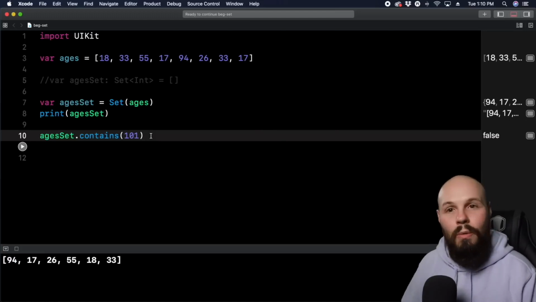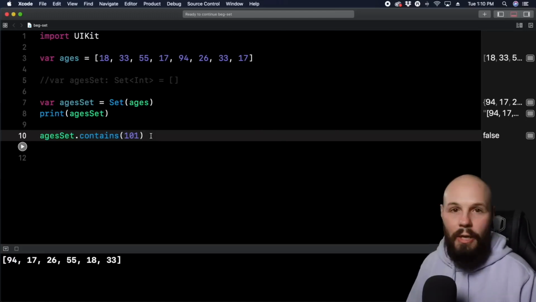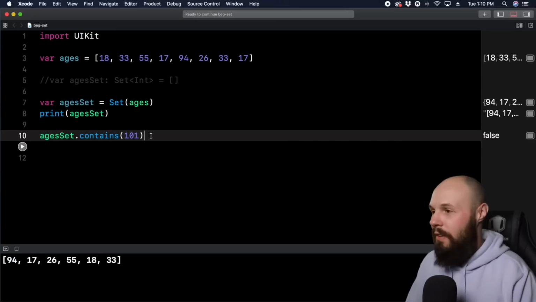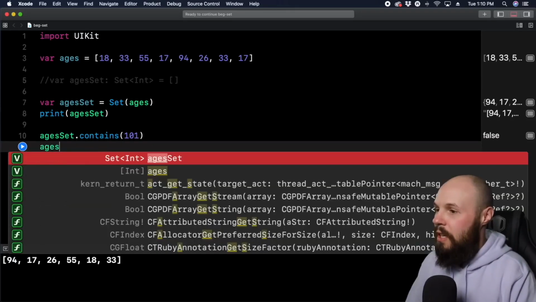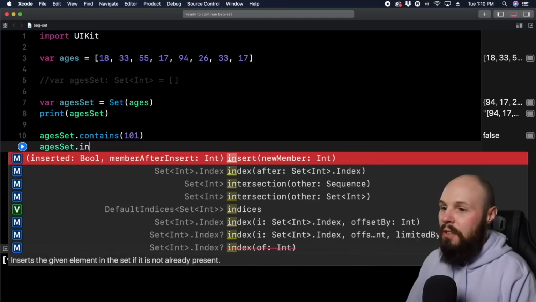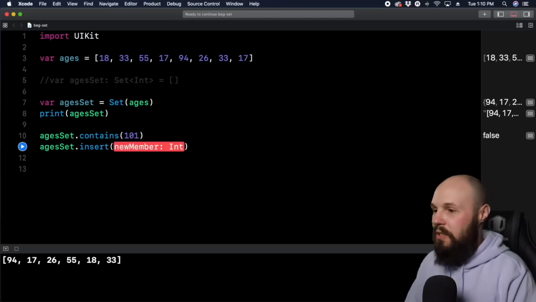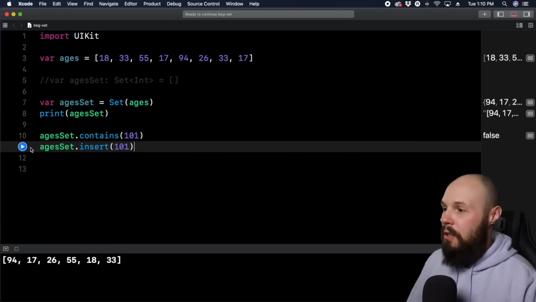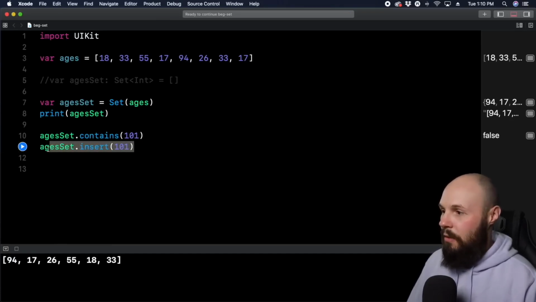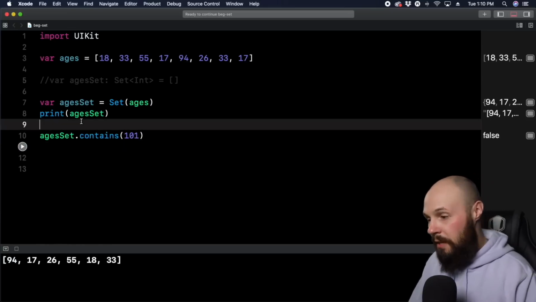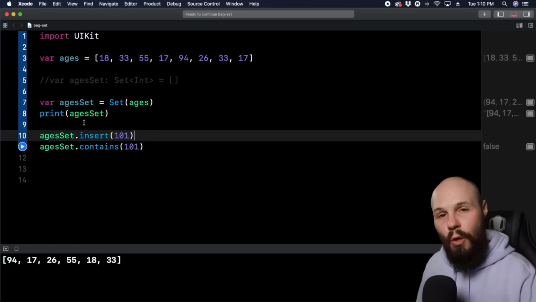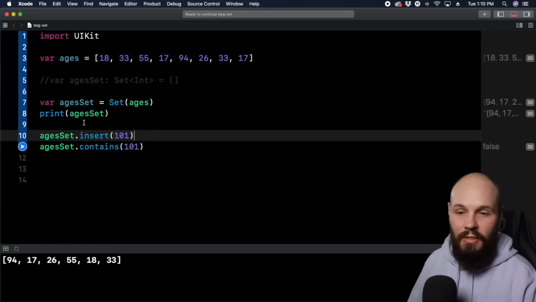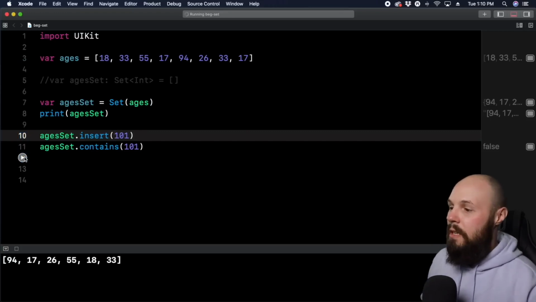And again, that's the whole very fast insertion or deletion. I don't have to pick where exactly I want to put it. We're just putting it in the bucket with everything else. And to do that, you can do ages set.insert new member. And you can see let's insert that 101 that we put up there. And because the code runs down the line here, let's cut this and put this up here. So that way we're inserting 101 into our set, and then we're going to check to see if it contains it. And now you can see down in the printout,